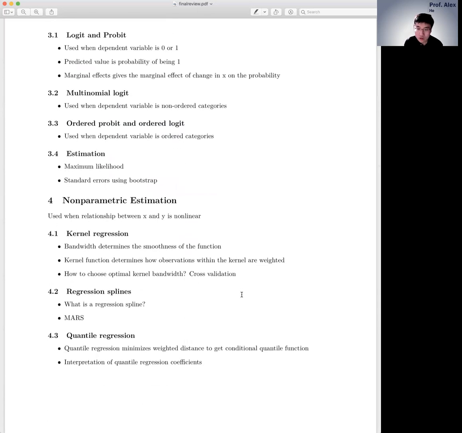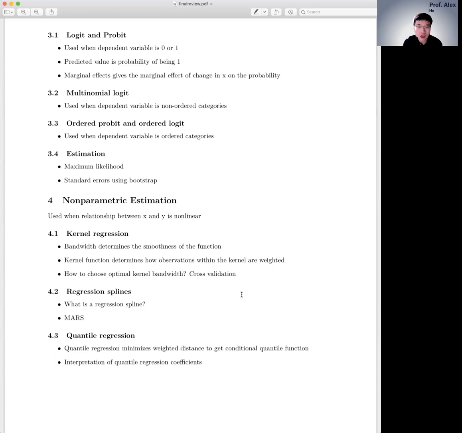The fourth subject we talk about is non-parametric estimation. So this is when you have 2 variables or even more, and then the relationship between the outcome variable and the predictive variable is not linear, okay? So when it's linear, of course, you can just do linear regression, but when it's not linear, there are several choices you could do. You could do machine learning, you could do polynomials, but the 2 models that we talk about, one is the